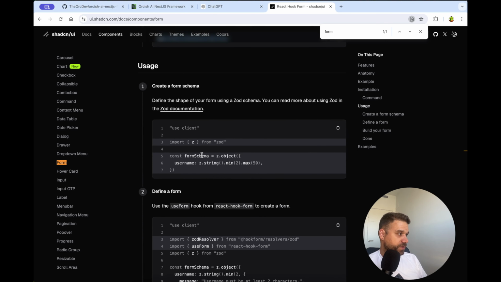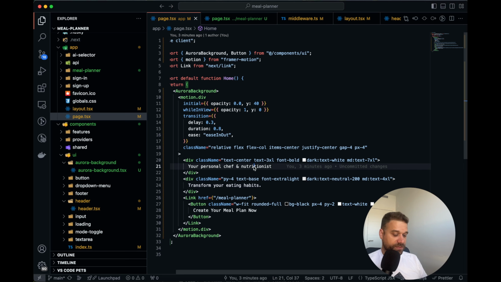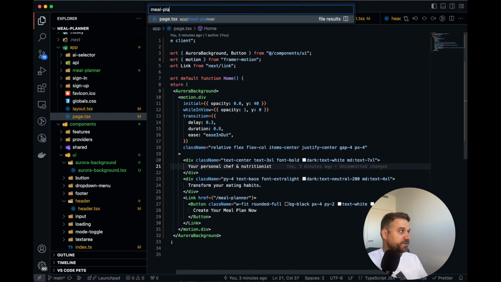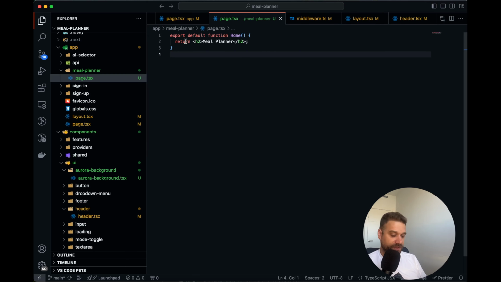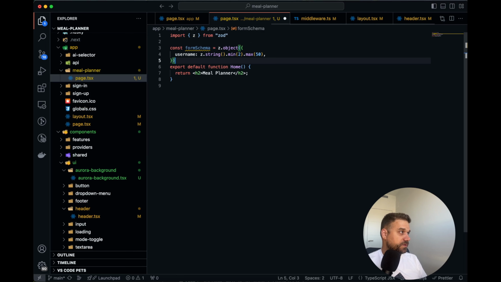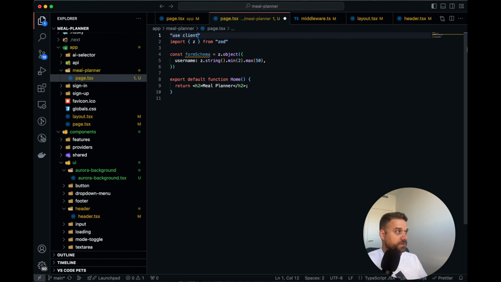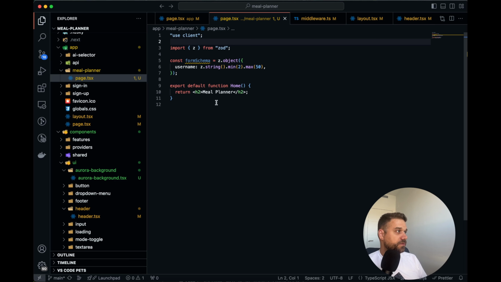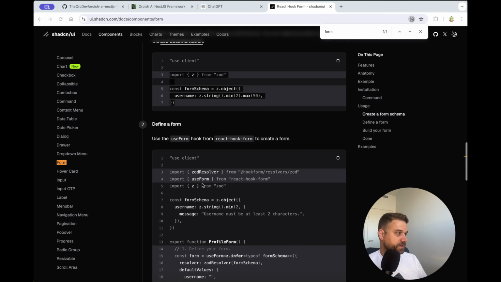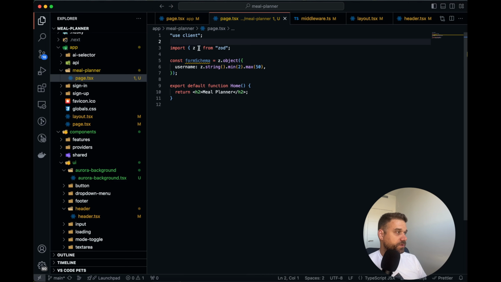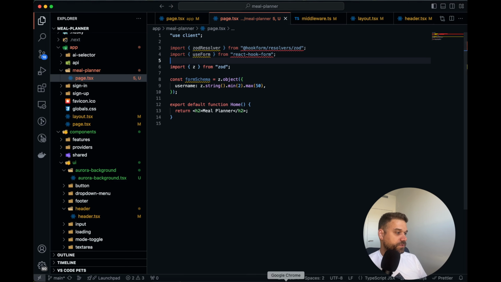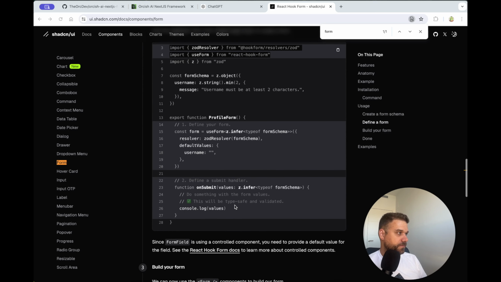And now we're creating a schema. So I'm going to start from this part here. This one is in our meal planner. It's not the page planner, it's the meal planner. And here we are putting the form schema and also that use client. I don't know why I didn't copy that one also. And then next thing we need the Zod resolver and useForm here so we can create